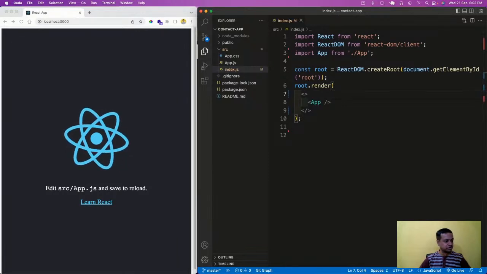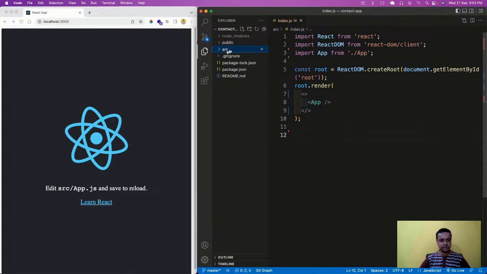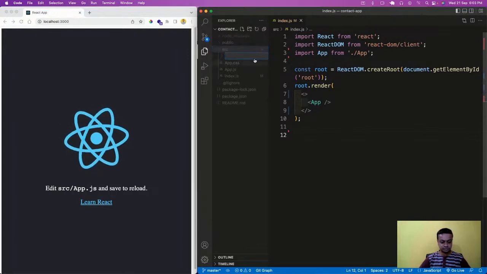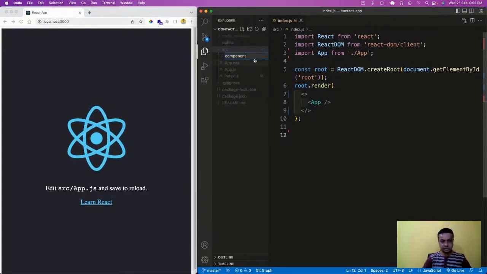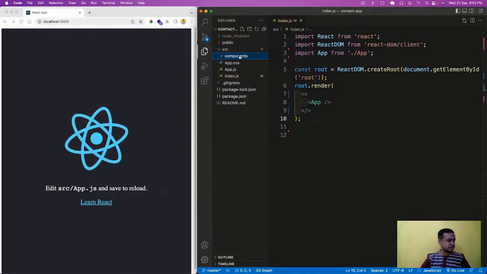Now we are going to create some components. Okay, one second. So in the src, we are going to create a components folder, and in the components folder also,